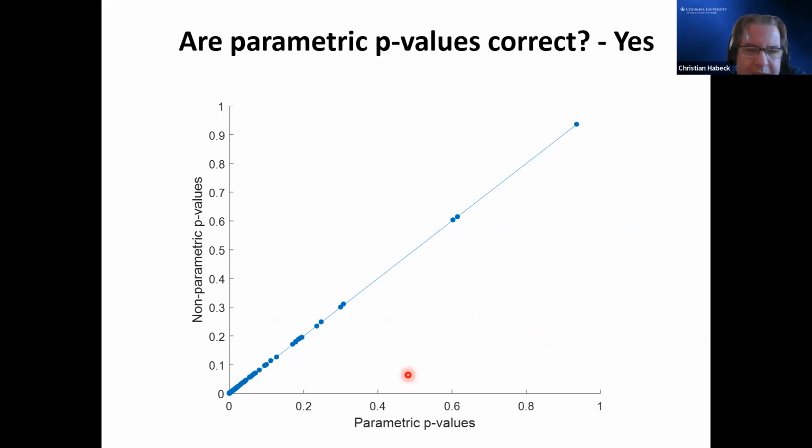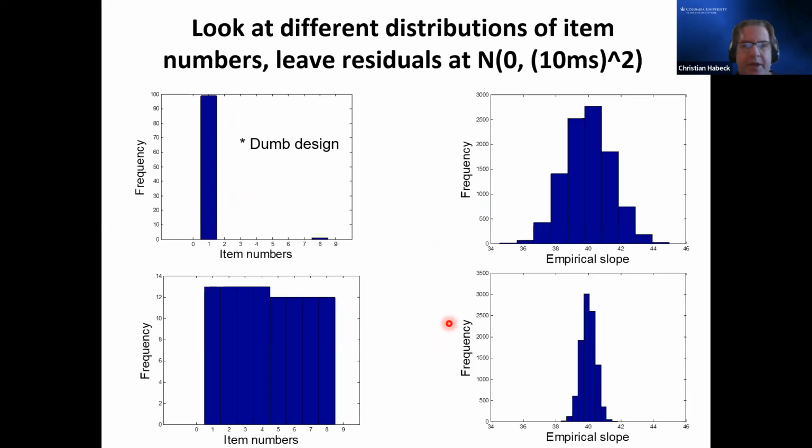If p-value inflation was there, then those p-values would all fall above the line. So the non-parametric real value would be much bigger than the actual parametric value. The parametric value would appear unduly small, right? So now you can look again, just to make the point before, this is just to show you some of these simulations, the point estimates.